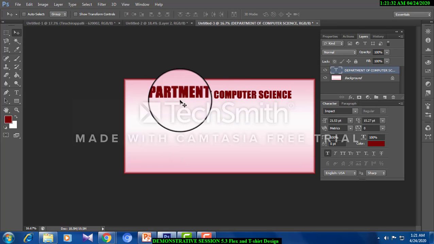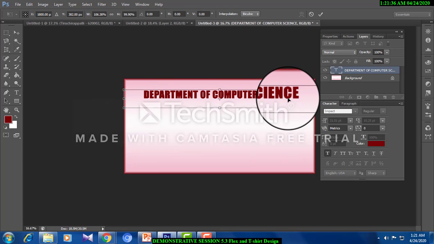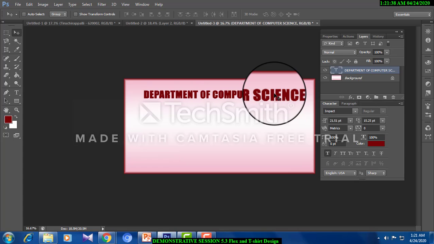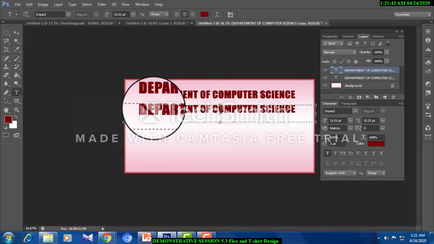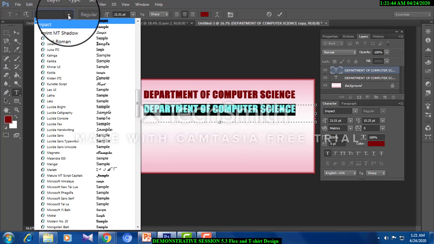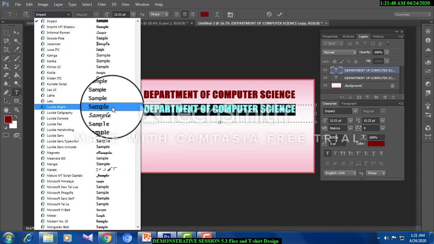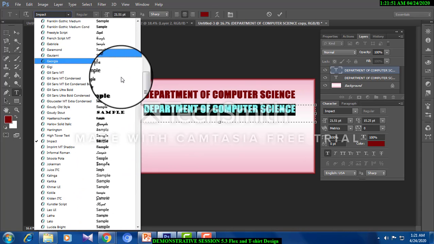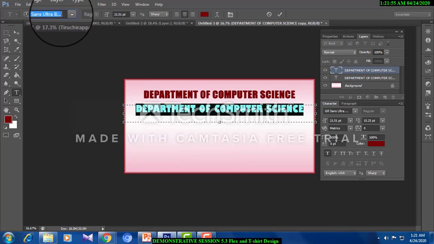You extend it and type, make one more layer and change the font, go to some other font. Maybe I am making use of Bookman Antiqua.